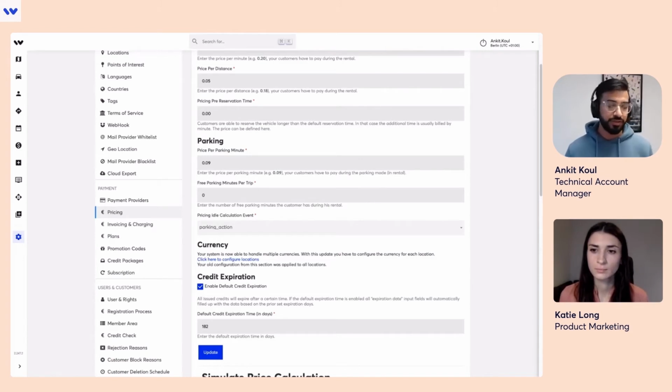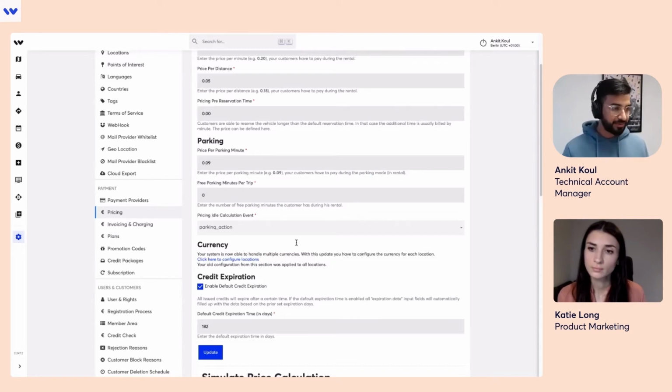If you want to not charge per minute and you want to charge customers hourly, this is also possible. And all these parameters can be assigned to particular vehicle types. Like I mentioned before, right now this is just the global pricing. But if you want to go deeper and segregate your pricing based on your vehicle, for example, I have a car and, as an operator, I also want to offer bikes. So it doesn't make sense to have the same price for both these vehicle types, right? Such business cases can also be handled with our pricing managers.